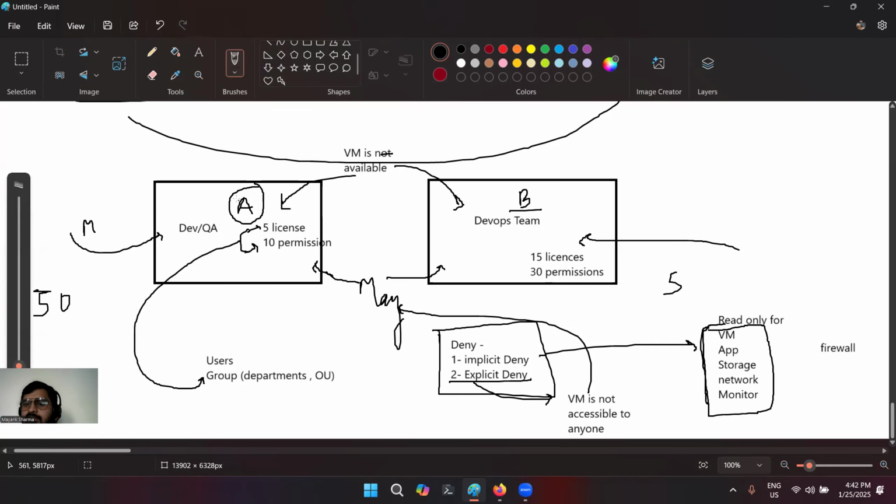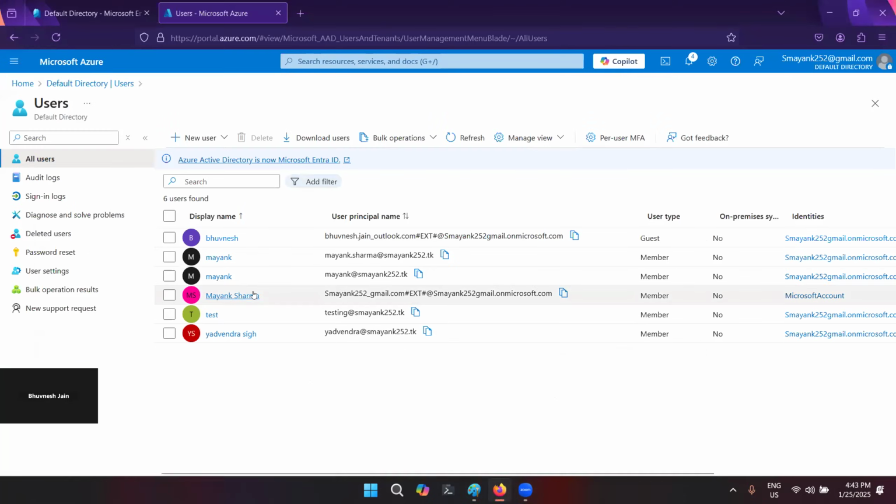But you should always know that in deny also there are two things. Most organizations use implicit denies because it's a basic property in cloud also. If you use an explicit deny, then it is very stringent, so no one is going to access that service. Okay. So any doubts till here? I think no doubts.